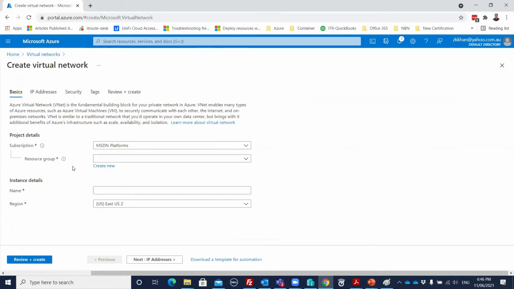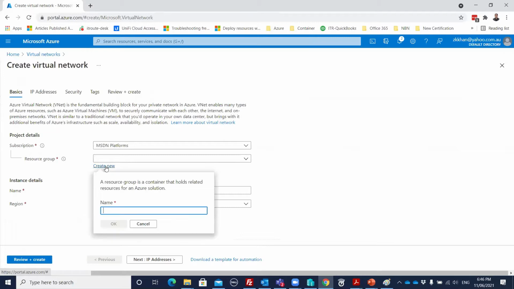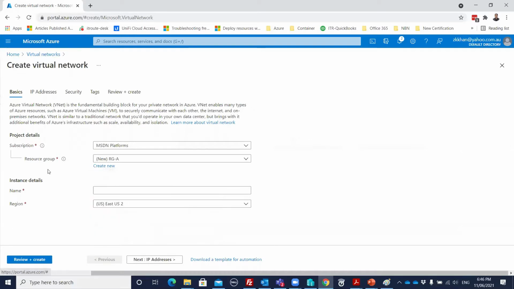Okay, so I'm configuring from here. It says resource group. I'll create a new resource group today. I'll just say create new resource group A. This is my first resource group. So a resource group has the name of the resource group and then the region. Mostly we are selecting the region. So I'm going to select the name